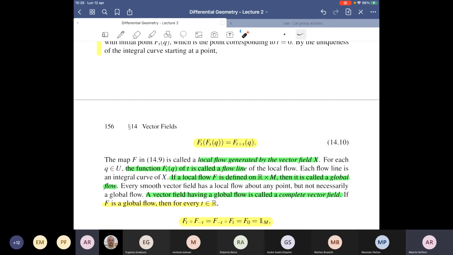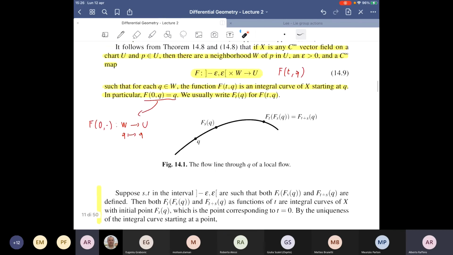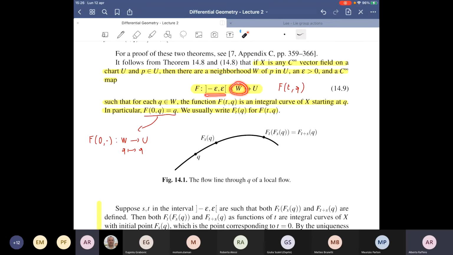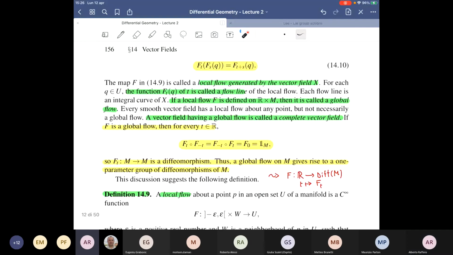But in general, this is not always possible, as we saw in the second example, and you can only do such kind of discussion at least locally. So at least for some short times and in some small open sets of the manifold. And finally, I don't think we will use this, but let's just say this as further information. A vector field whose flow is global, so whose flow is defined for every time and on the whole manifold, is what is called a complete vector field.